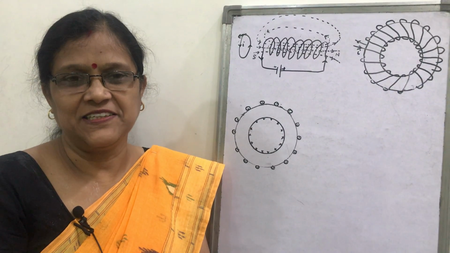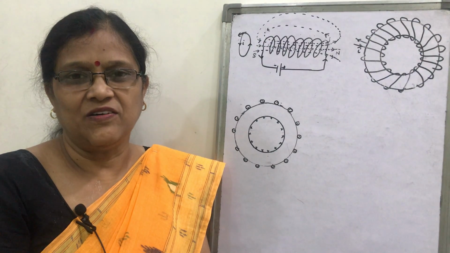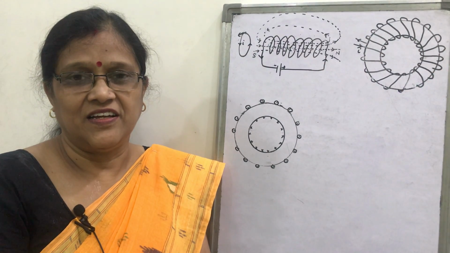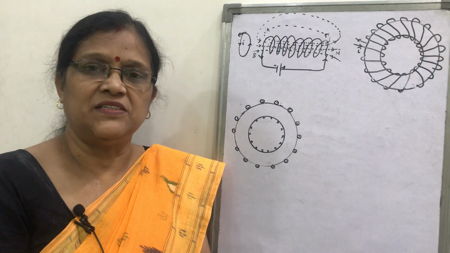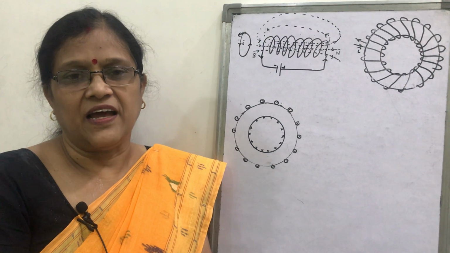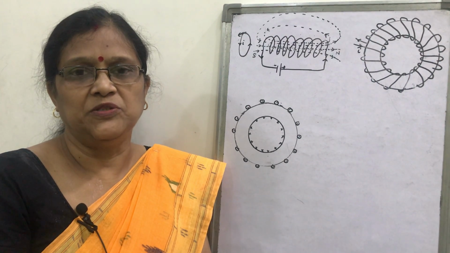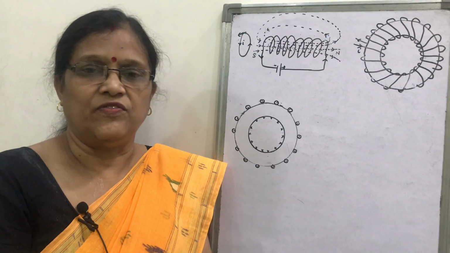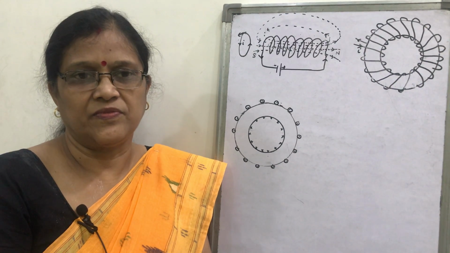In class 12 physics, we are studying the magnetic effect of current, and we have read about the magnetic field of a solenoid. We have read that a long solenoid, what does long solenoid mean? Ideal one, whose length is much larger than its diameter. We found that the magnetic field at the axis is uniform. So it is the best example to produce a uniform magnetic field in a particular direction, that is along the axis of a long solenoid. We have seen that the magnetic field remains uniform.